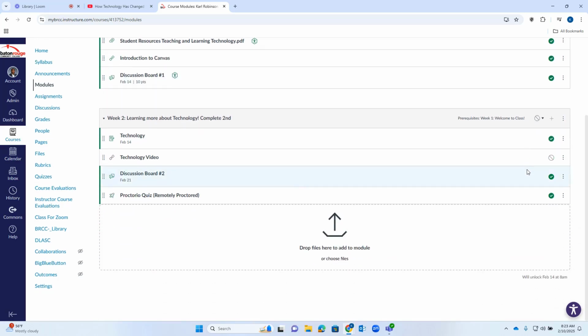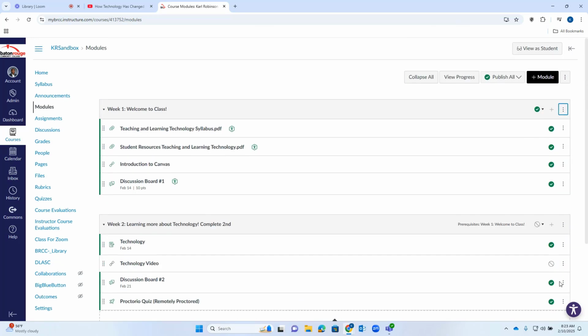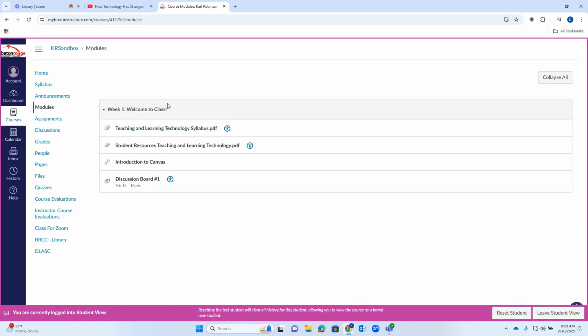You may be thinking, how do I know if my module is locked? So for one example, you can see will unlock here at the bottom right, February 14th at 8 a.m. So that's one way to verify if your module has been locked. If you go ahead to the top, you can click on View a Student, and that'll allow you to see from a student's perspective, you can see only week 1 has been published. Okay, so that is how you create, edit, and lock